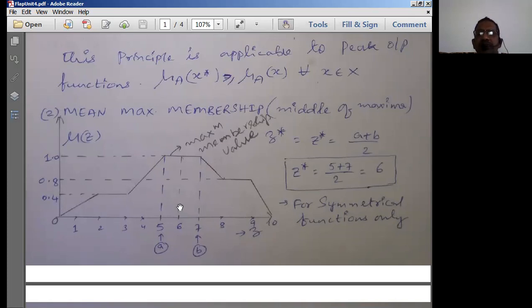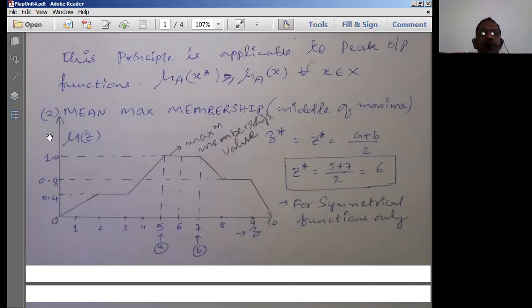Now what is important is, this is the final relational fuzzy set which we have got, which is known as mu of z. If you are writing it with some name for the relation, you can write the name as mu u of z or mu r of z, mu a of z, mu b of z, whatever it is. So it is not something like a membership function representation.